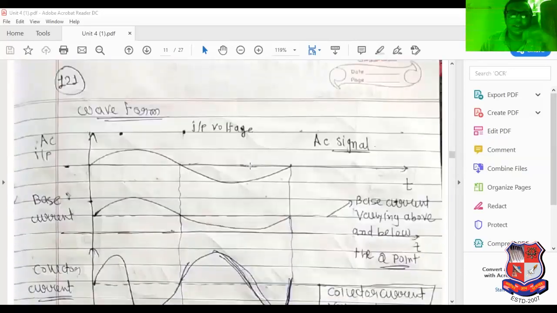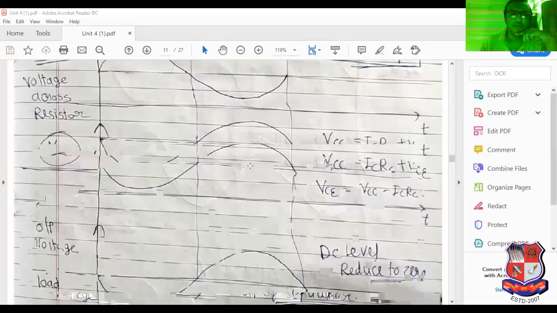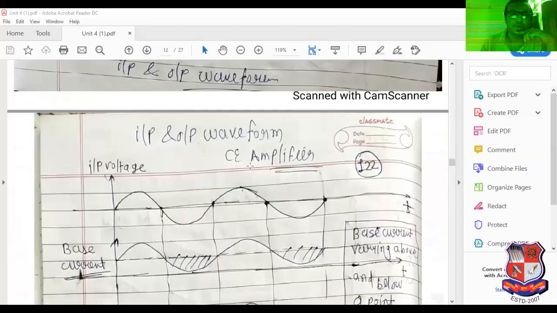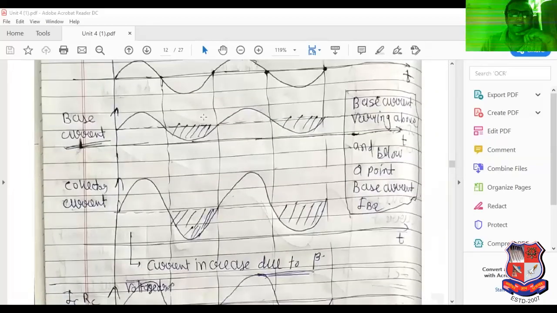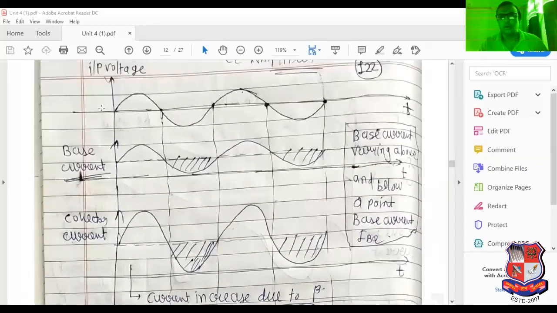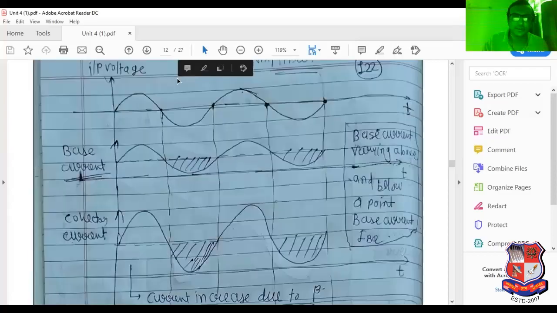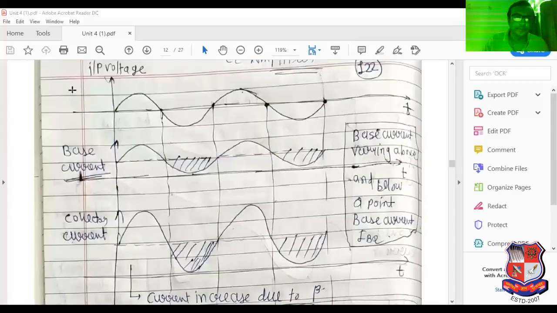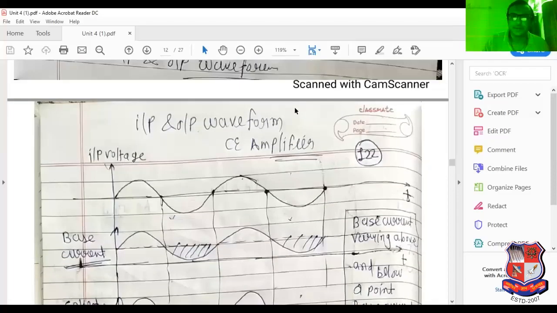One of the most interesting points is that here in the output voltage we get a 180-degree phase shift. I have already mentioned this in that video on the YouTube channel. See this, this is the input signal. I have noted it here. It is known as the input signal.